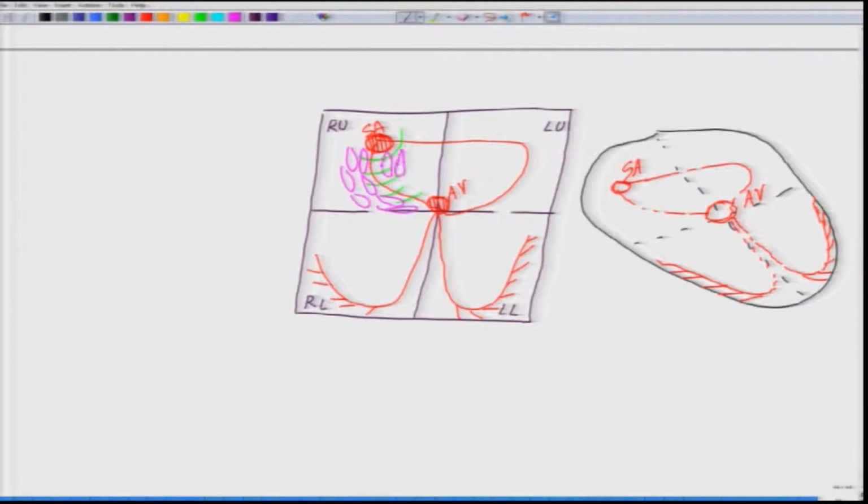This chamber is made up of cells. It's kind of a sac, okay? And this sac is made up of the cells which are called cardiac myocyte cells, whereas these are made up of pacemaker cells,